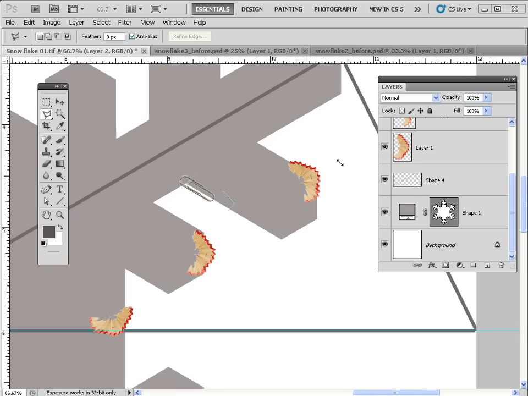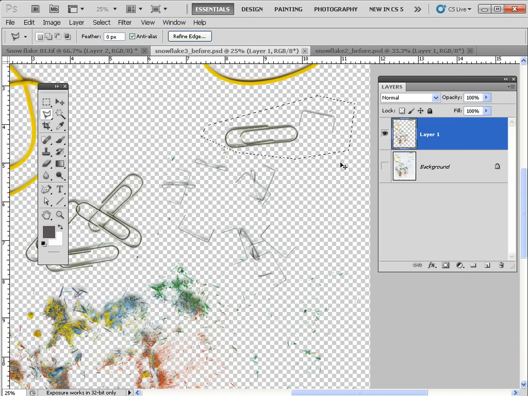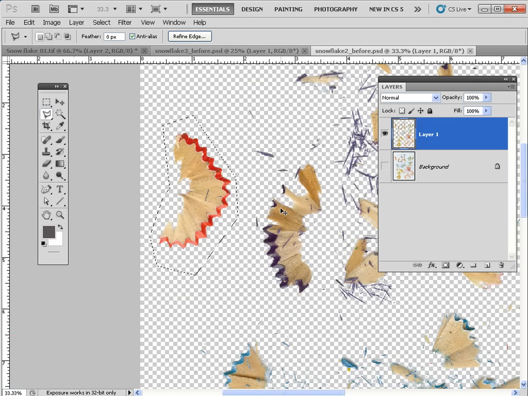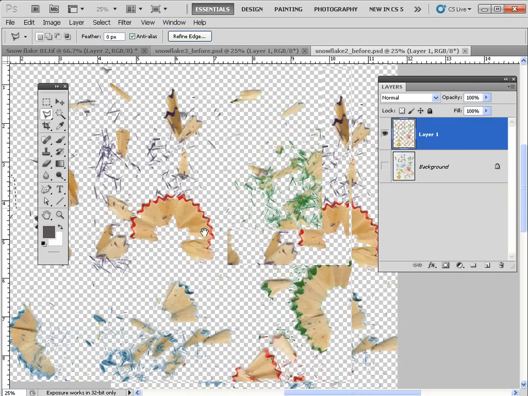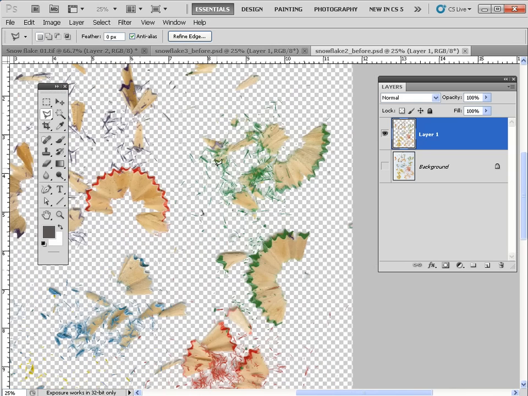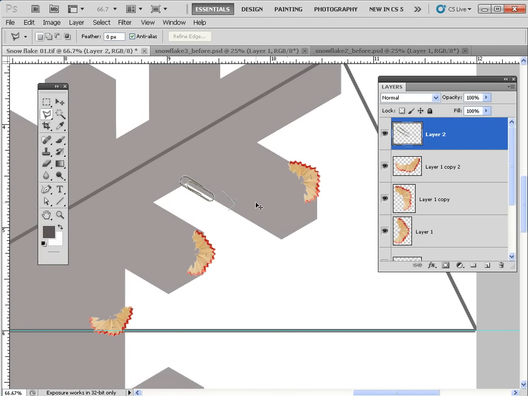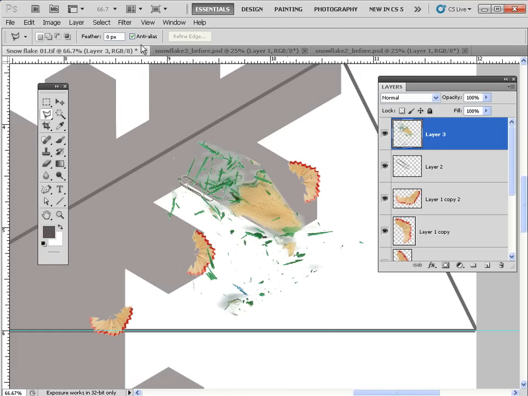So Control Tab again to cycle through the open windows. I'm going to go and get some nice pencil shaving fragments there. We go and have a look at areas like this here, for example. Grab the polygonal lasso tool, and then I'll just click to select that shaving there, but some of these fragments around the edge as well. Double click to complete the selection, Control C, Control Tab again, Control V, and then we go Control T for